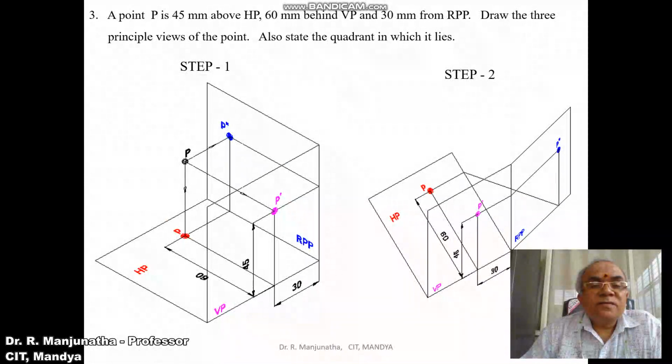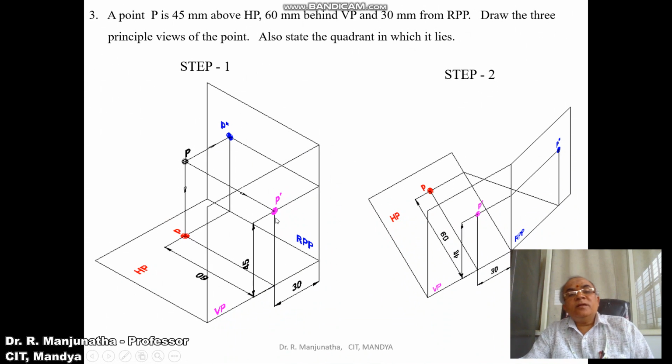So always it should satisfy the condition of the observer and the vertical plane. Whatever image is seen on the vertical plane is seen only because, when you look from the front view, the plane is between the object and the observer. The same condition has to be satisfied, and that condition will be satisfied only when you look from the right side view. That is, the plane is between the object and the observer.